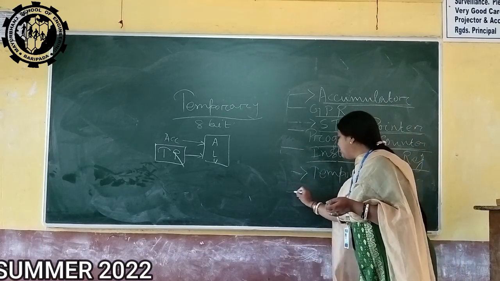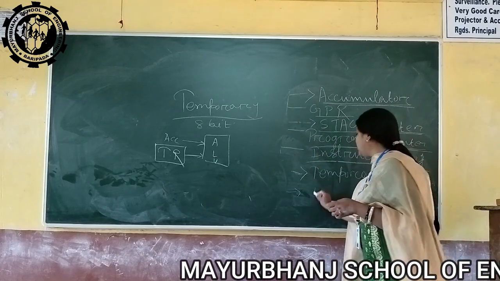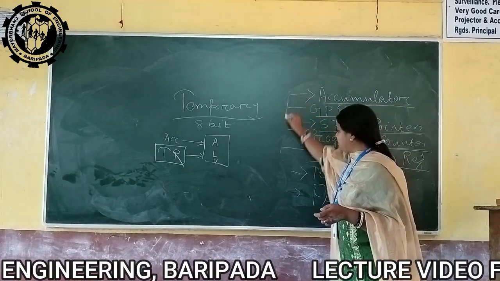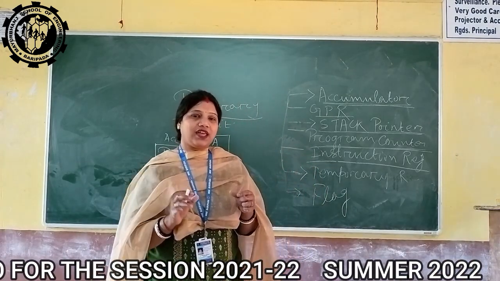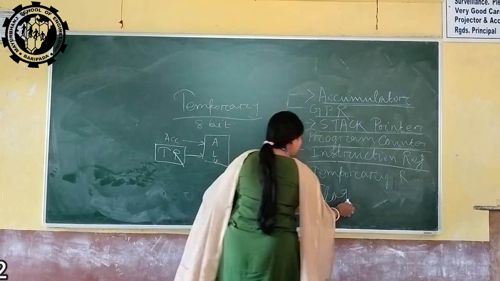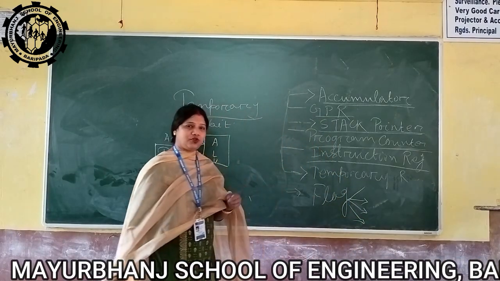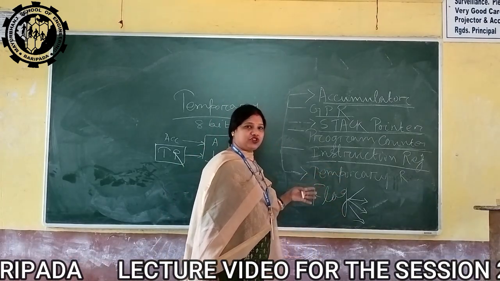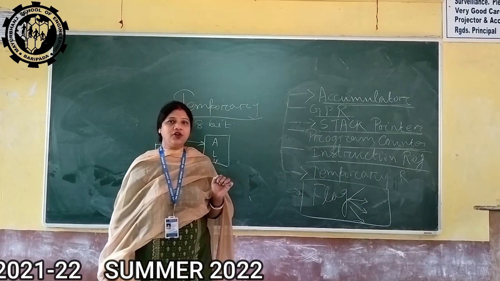Then next, there is also the flag register, which is not in the list, but it is included in the architecture of the 8085. The flag register is not a classification of register. In the architecture layout of the 8085, the flag register is divided into 5 types: carry flag, auxiliary carry flag, zero flag, sign flag, and parity flag. These are the classification of the flag register, but it is not in the list of the architecture of the 8085.